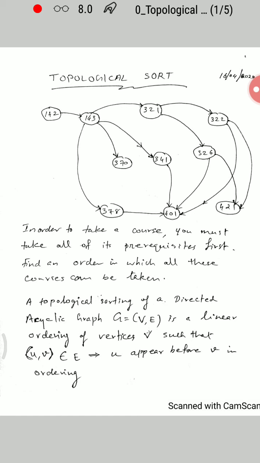Let us think about its applications. See in the figure, you can see different course codes. The vertices of the graph are nothing but the course codes. See course 143, and in the graph it is very clear that you should finish 142 before joining 143. That is, you have to finish the prerequisites before joining a course. So in what order can we take all these courses?